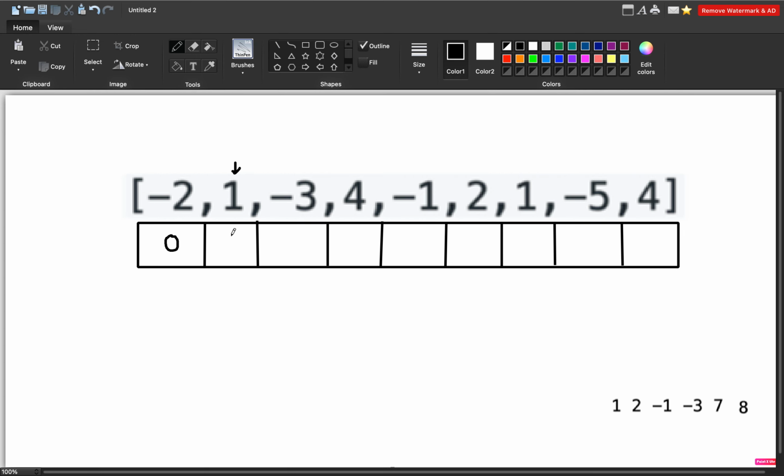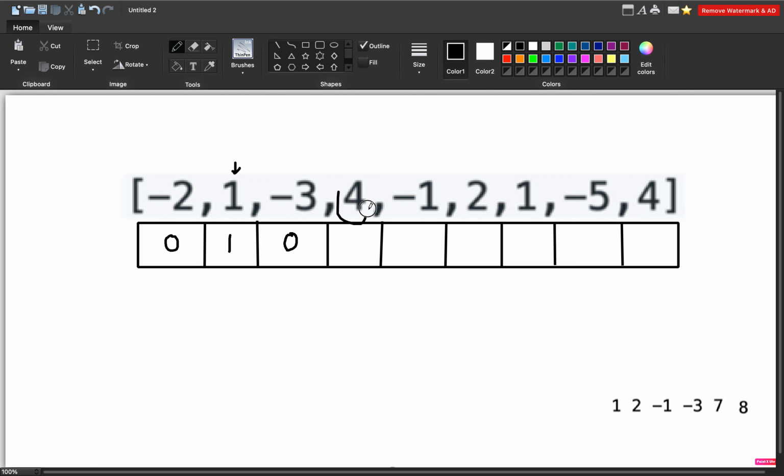Yes, it is, so I will put 1 plus 0 here, which is 1. Now I will check if this -3 plus 1 is greater than or equal to 0. No, it is not, so I will keep it 0 only.